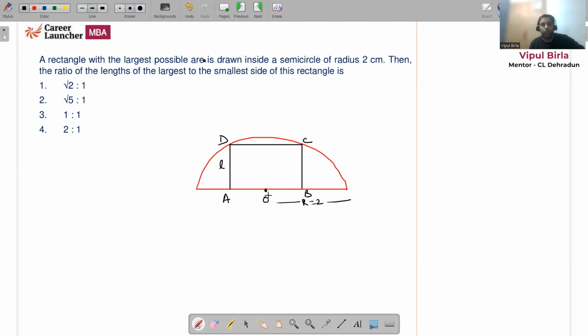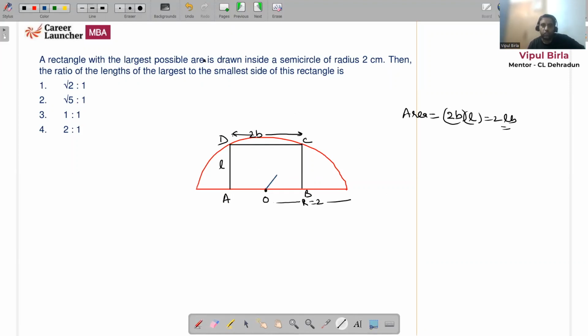So I know OB and OA are equal. So assume that the entire breadth is 2B. So length is L. The entire breadth is going to be 2B. So therefore area will be 2B into L, which is 2LB. So I need to maximize this, right? Now